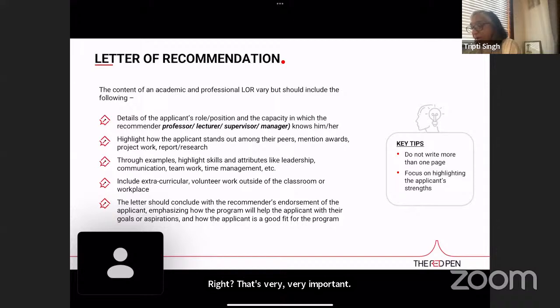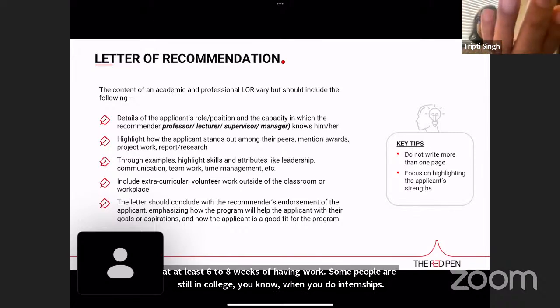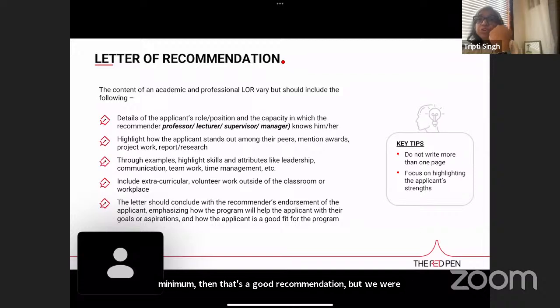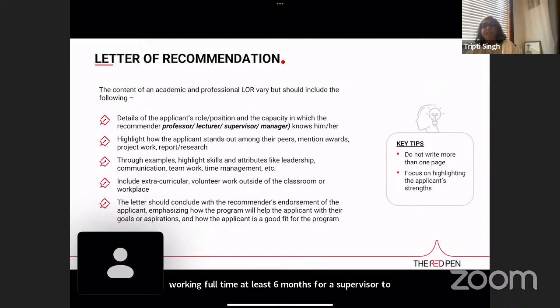Typically, we do recommend that you look at least 6 to 8 weeks of having worked somewhere, especially for people who are still in college, when you do internships. If you work somewhere for 3 weeks, then don't bother with a recommendation, really. But if you've done 6 to 8 weeks minimum, then that's a good recommendation. For people working full time, at least 6 months for a supervisor to really be able to give solid examples of how the interactions are with you. Recommendations